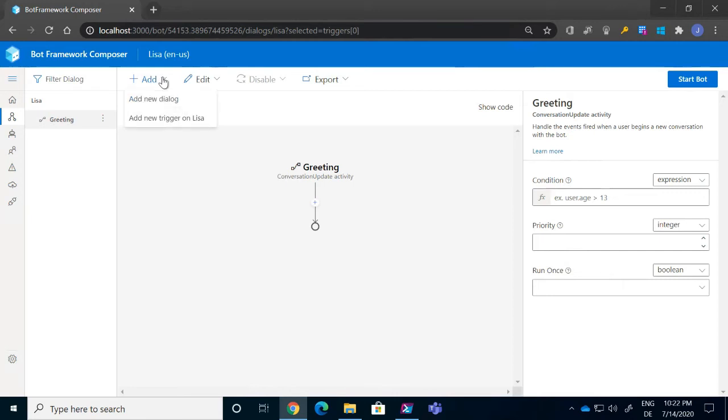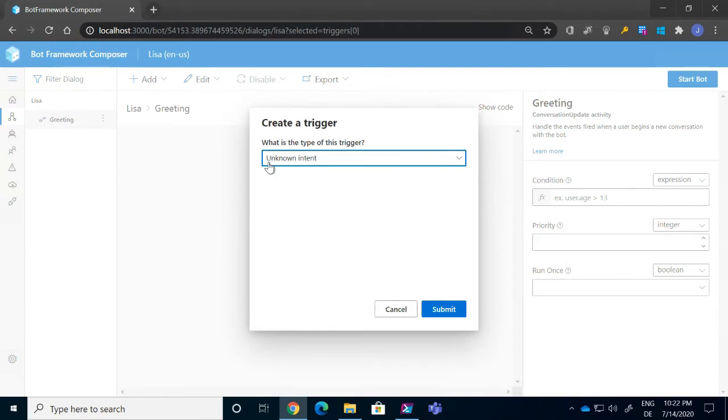At that point, we have some interaction, so we can add new triggers. For example, a trigger is something like when the user puts in their text, it tries to recognize by a pattern or by intent what the user wants you to do with your bot. So you can just say I don't understand what the user tries to tell me. It's always a good idea to implement it, because your bot should be